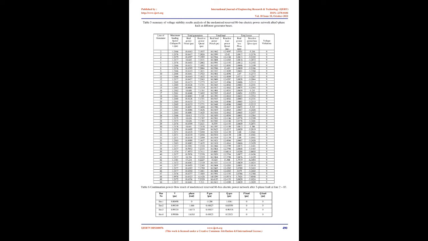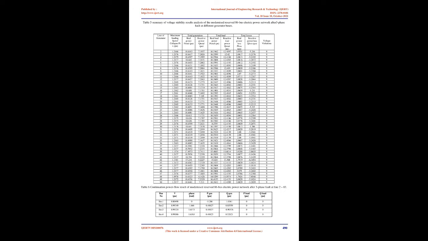Other weak buses include bus 51, Eboyi PS, and bus 48, Kasim Bila Hydro PS, with voltage profiles of 0.8323 pu, 274.66 kV, and 0.8386 pu, 274.84 kV, as shown in Table 3 and Figure 9 respectively. Table 3 shows individual bus voltages, bus phase angles, and total maximum active power load and total reactive power load of the modernized reserved 86 bus electric power network computed under normal operating conditions as 15.983 pu, 4795.02 MW, and 11.9875 pu,